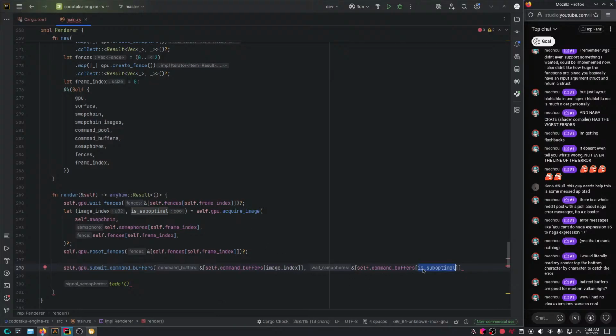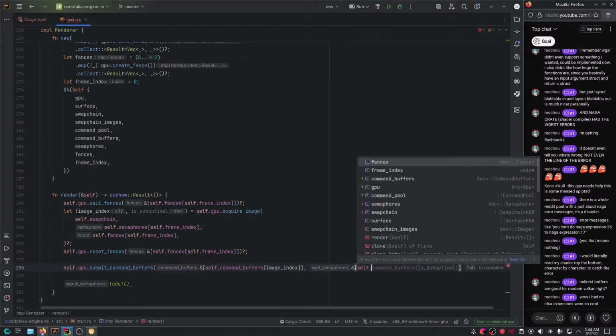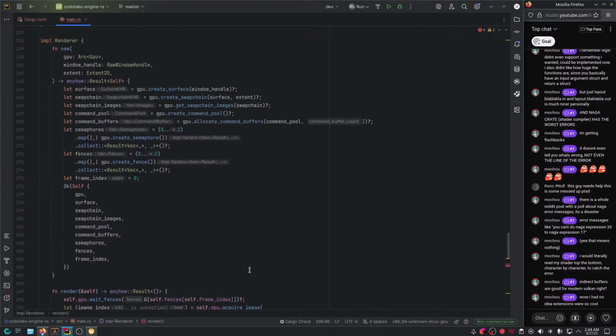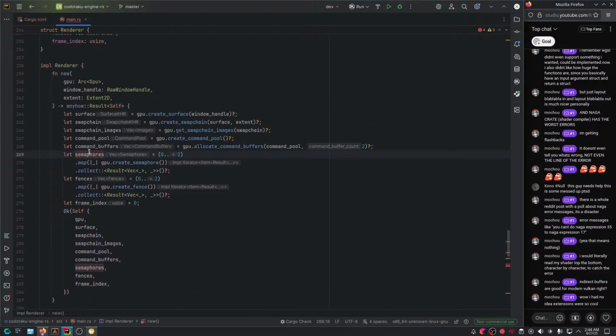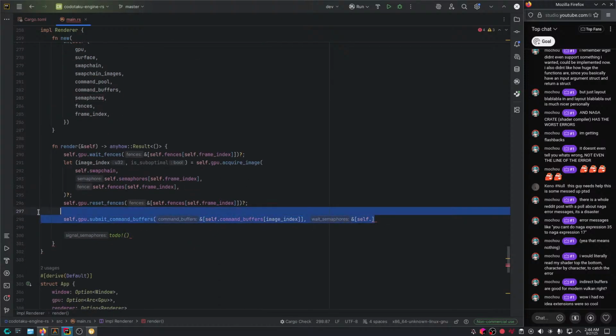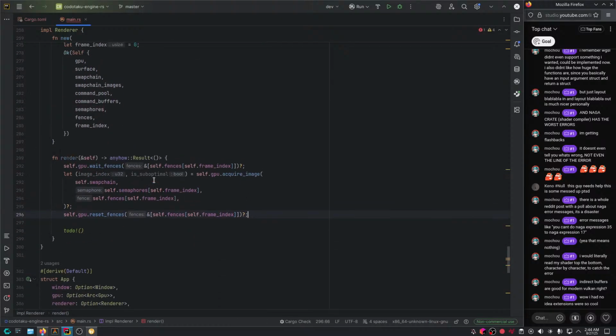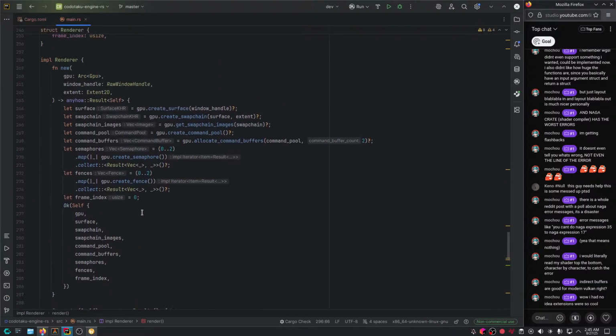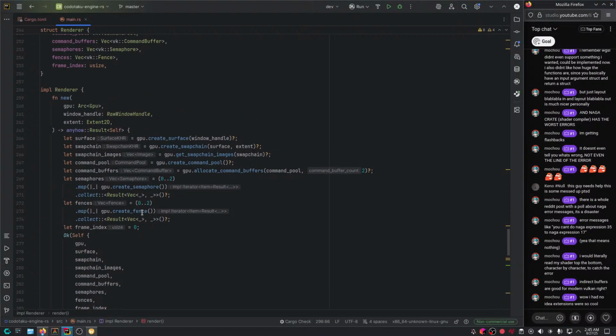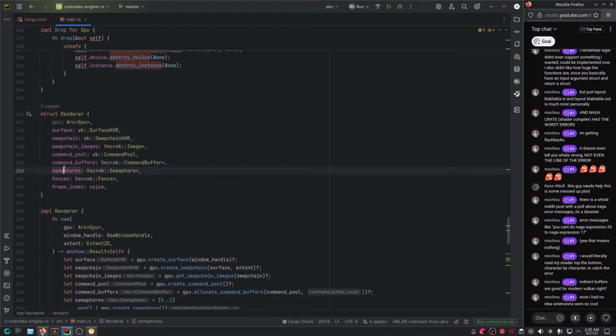What the heck? Self.command, wait semaphores. So we're gonna wait on the image acquired semaphore. Do we have that yet? Actually, we don't. Well, oh boy, we're gonna need a lot of crap here. Well, okay. Fine. So we're gonna call this image_acquired_semaphores.